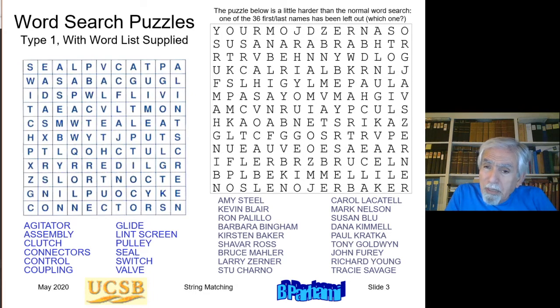And those words can appear in the puzzle in the normal left to right direction, but also they can go from right to left. They can go from top to bottom along a column, or from bottom to top in reverse direction along a column, or they can go diagonally,